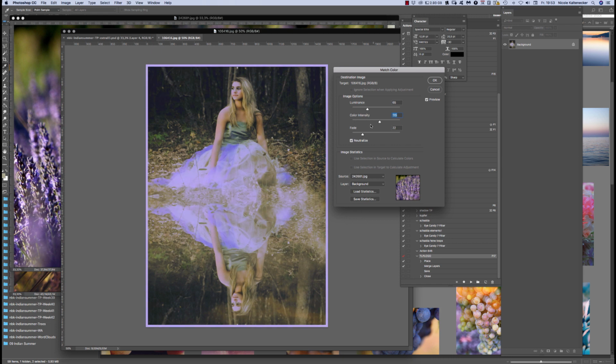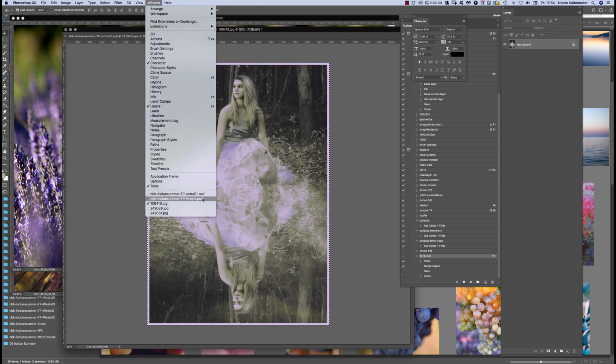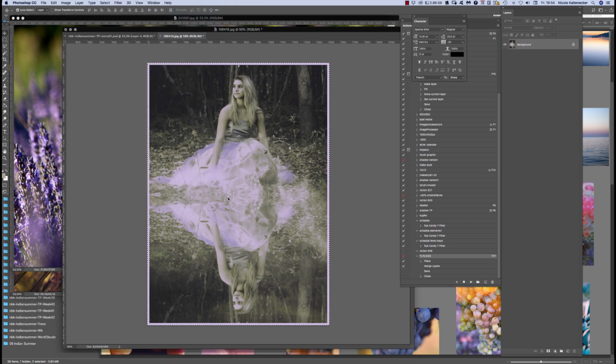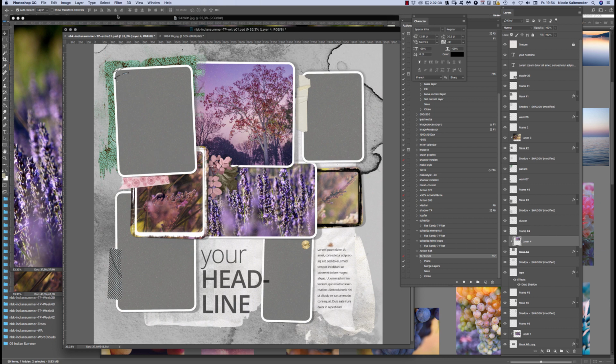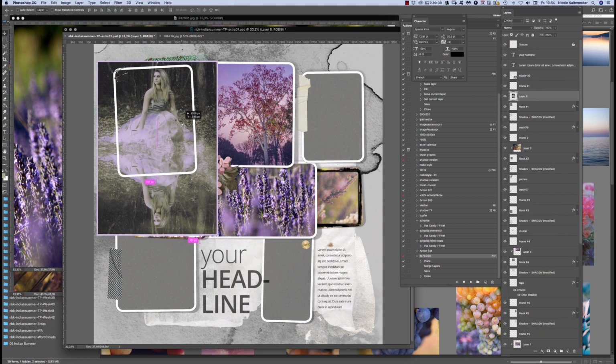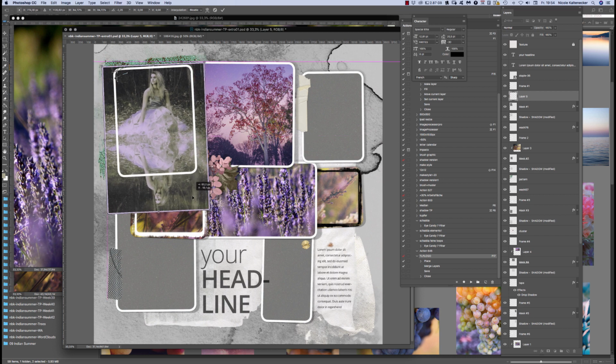And we can play here a little bit along. I think that one is enough. Okay, this is the image now. We have a little bit of purple in it, and I think it now fits perfectly to the other images. I want to have it in that frame here. Click on the mask, copy it in, and move it into the right place. A little bit turn it around. We make it a little bit smaller,